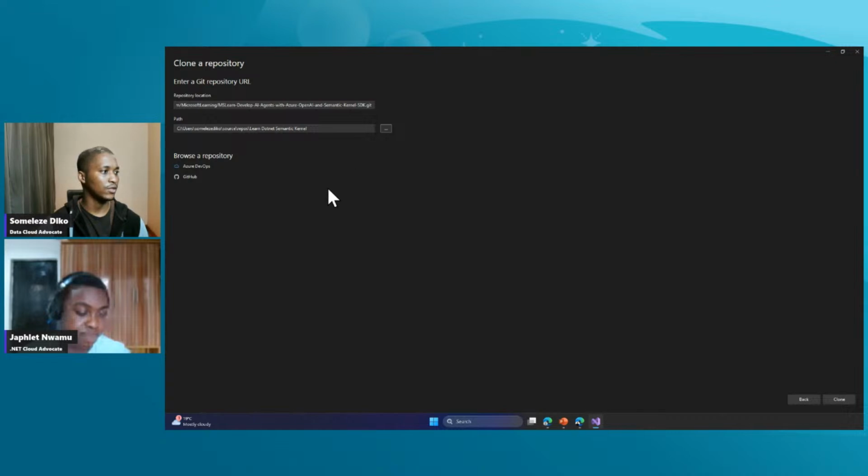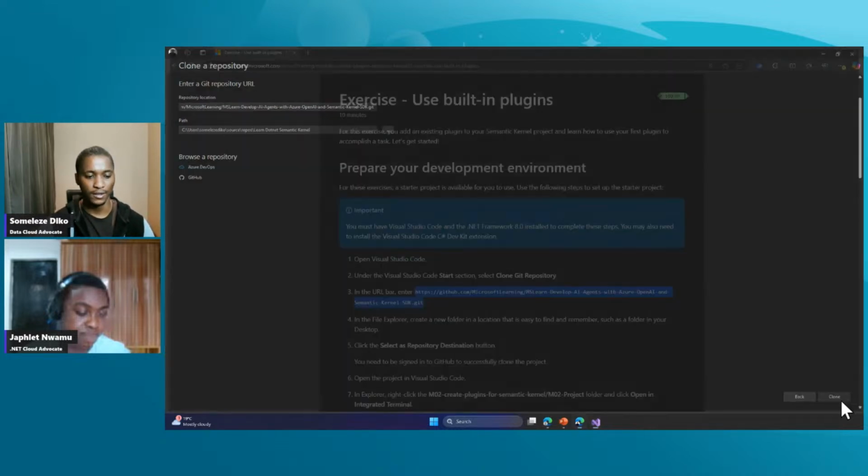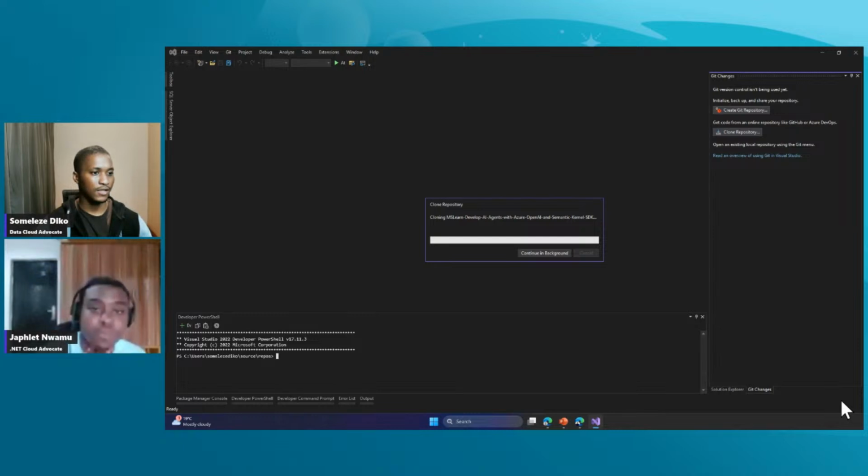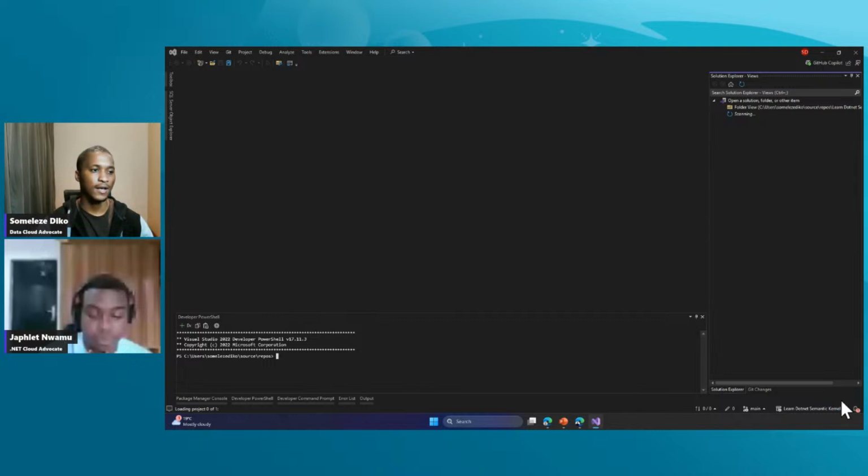Select this folder, clone the repo in there, and then I'm just going to select clone. Hopefully, if this does it quickly, we can put it on my Visual Studio and start playing around and start creating